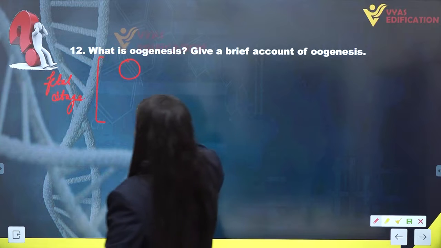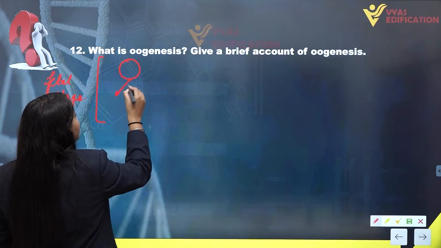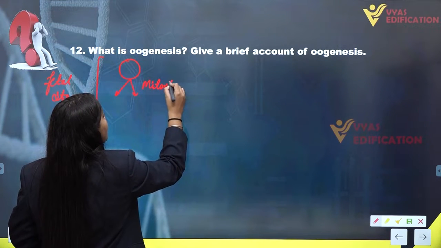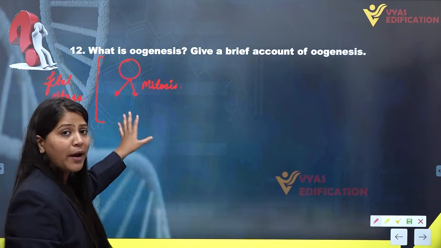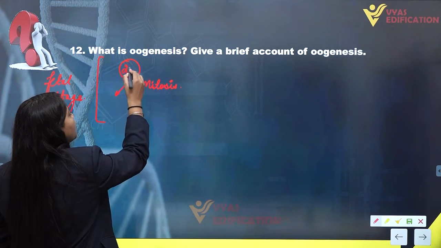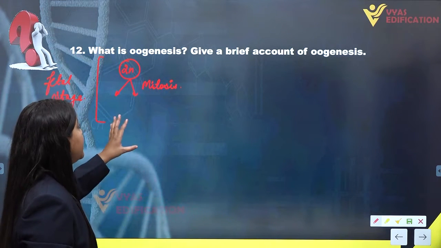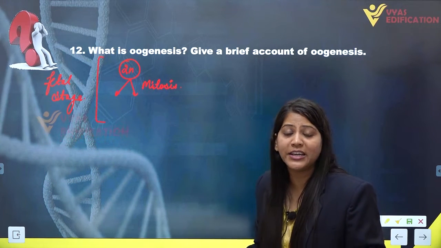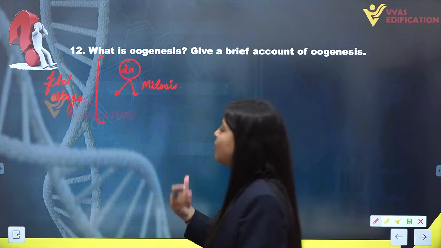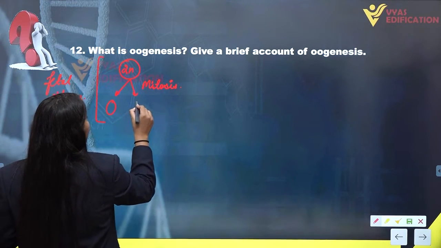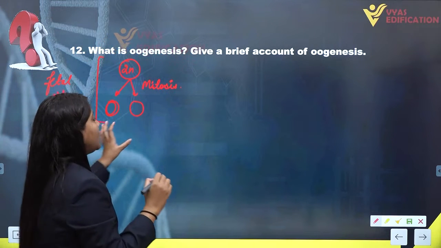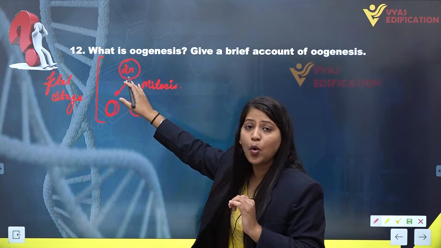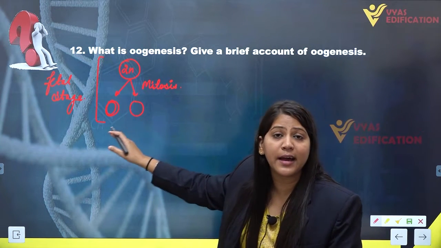Now this oogonia divides mitotically. First of all, this oogonia is diploid in nature. These oogonia in the fetal stage will undergo mitotic division and form several cells. Now we will have cells like this. After the mitotic division, when the oogonia divide mitotically to increase their number,